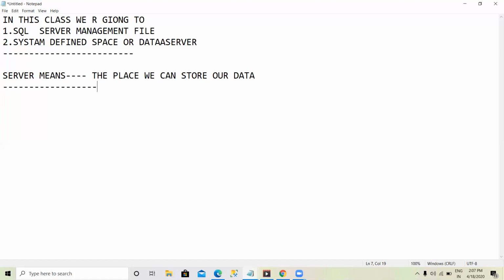One is SQL Server file and another is SQL Server Management file. SQL Server will maintain all the SQL Server related data information.